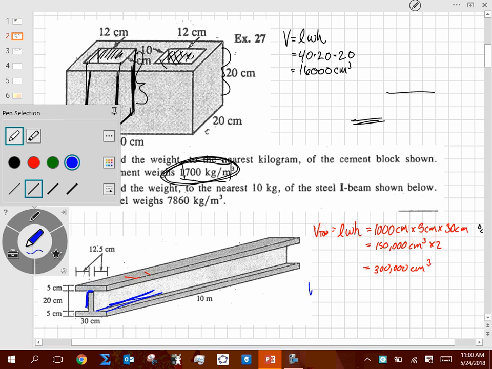So the volume of that middle, length times width times height, 5 times 20 times 1,000. Okay, 5 times 20 times 1,000 gives me 100,000 cubic centimeters. Okay, so that gives me then volume of the entire I-beam to be 300,000 plus 100,000, so 400,000,